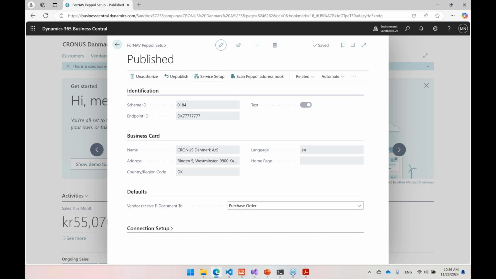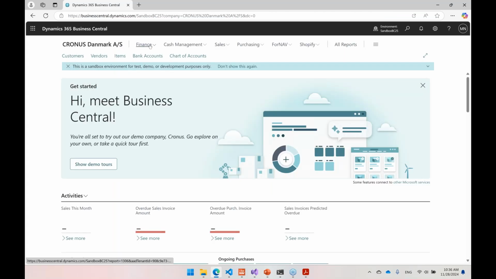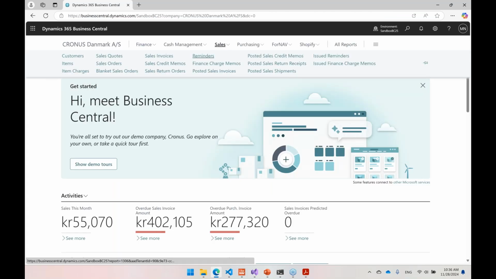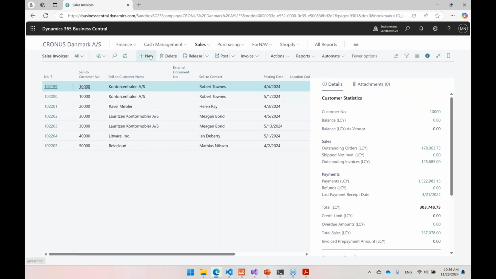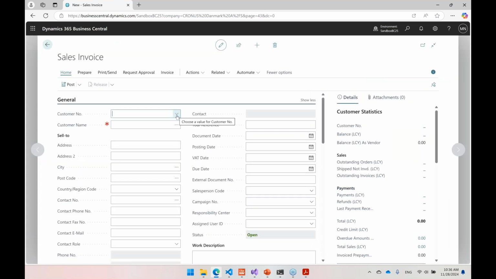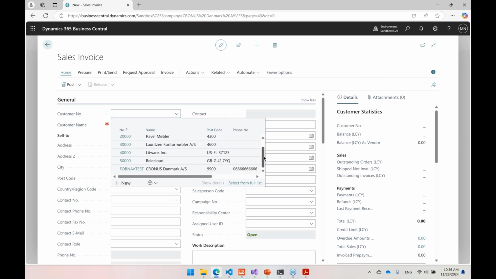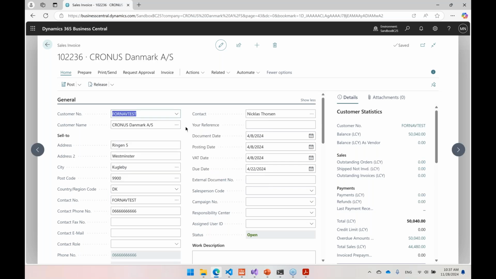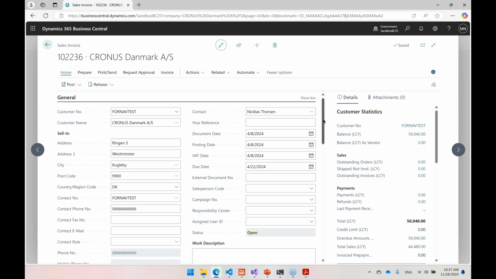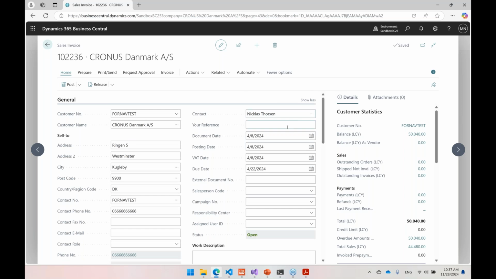So if I go into BC, I can actually now go and create a sales invoice and send this. Create a new one. And to make sure that everything matches, we automatically create a test customer and a test vendor called Fornev Test in here that you can use. You can tamper with these, of course, and change the country information and other parts of it to test more. But we make sure that everything works out of the box, so there's no extra setup in here.